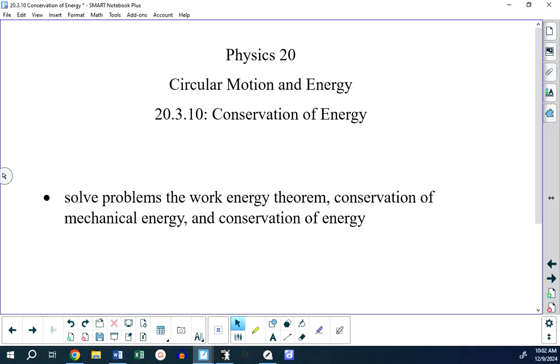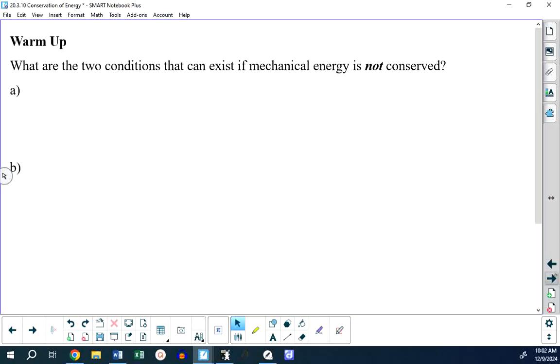We're going to be solving problems today dealing with conservation of mechanical energy, conservation of energy in general, and what's called the work energy theorem, which sounds fancy, but it's not. It's really basic. So just to review, what are the two conditions that can exist if mechanical energy is not conserved? I'll remind you that mechanical energy is conserved if the kinetic and the potential energy at one point are